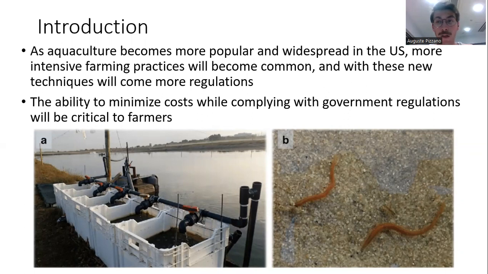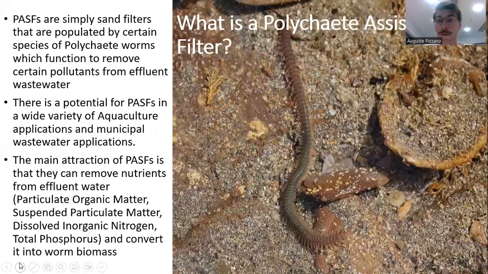So as a farmer, you're going to think to yourself, how am I going to comply with these government regulations while also minimizing costs? One way that I think is going to be a really effective method for this is using polychaete-assisted sand filters. What is that? Well, we're going to get into it, but first we're going to talk about just the basic